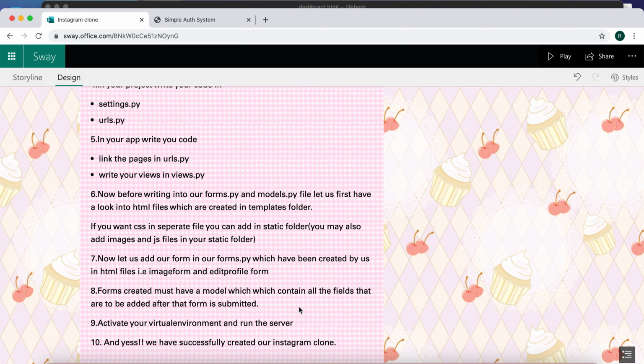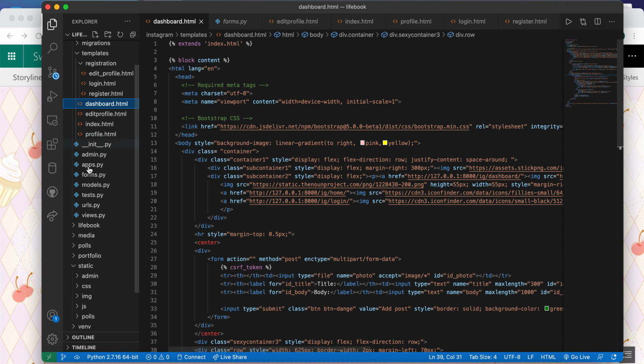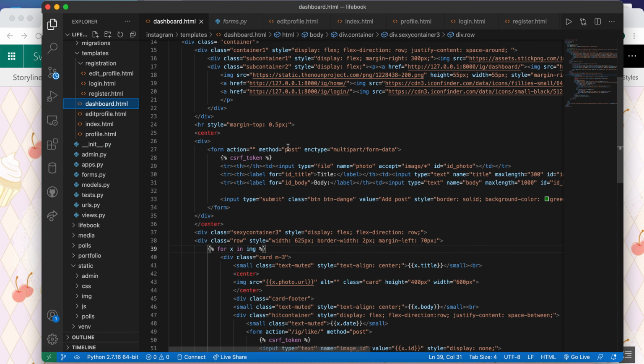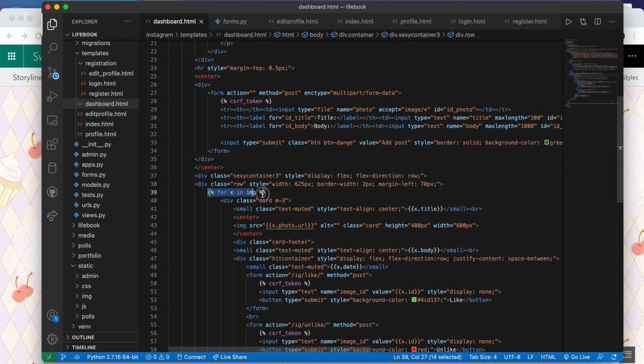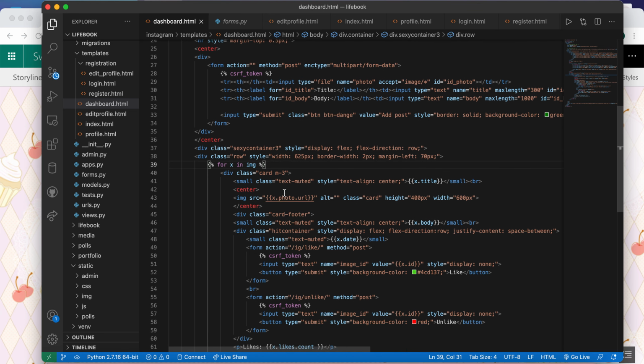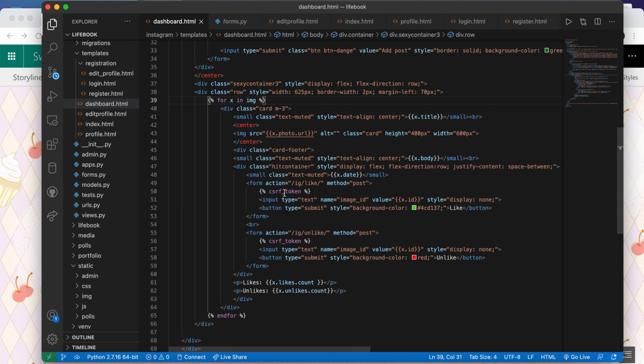That thing I've also shown you in the models.py file, that is clear. One thing was left which I was to explain to you, that is this, for x in img, so that is basically our model and these are its fields. Like I've used this somewhere.